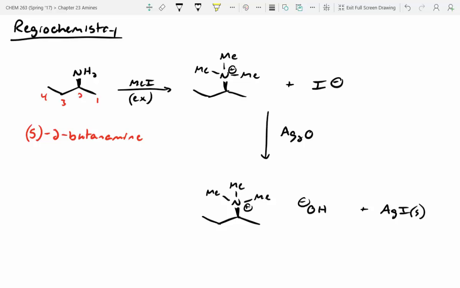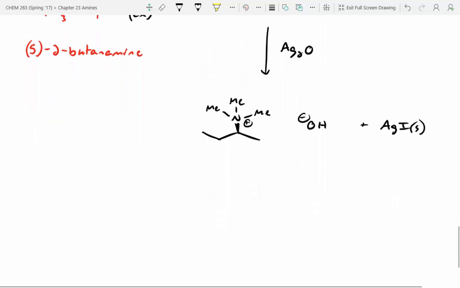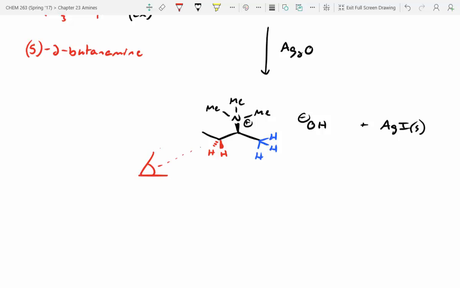Okay, so now if we look at this, I'm going to make you guys do some real review now. We've got beta protons right here. And then we've got a couple of beta protons right here. We've got one that's a dash and one that's a wedge. What I want you guys to do is draw a Newman projection. Oh, you thought you were done with these. Looking down both of these positions,